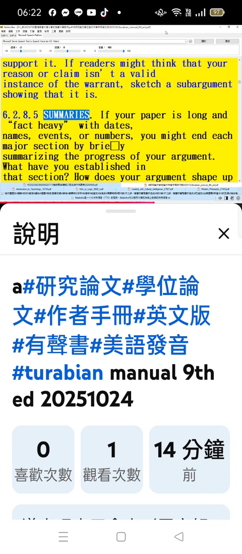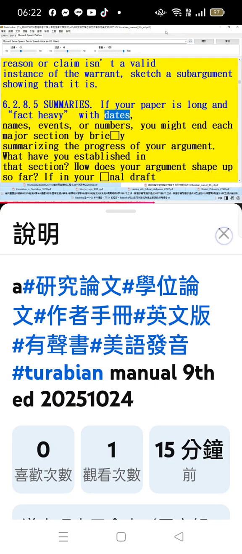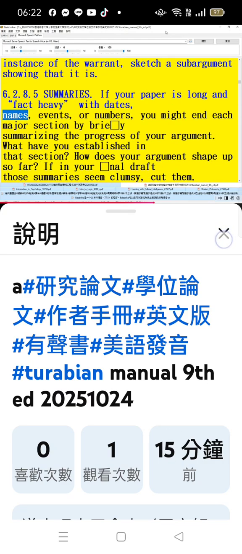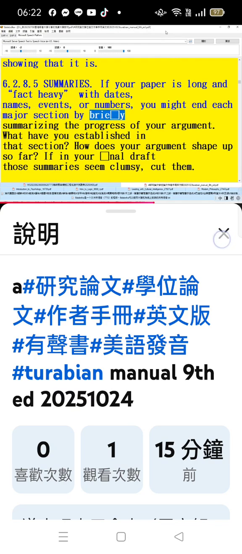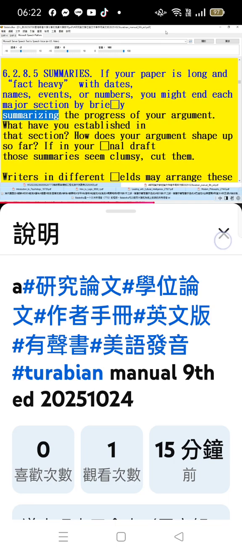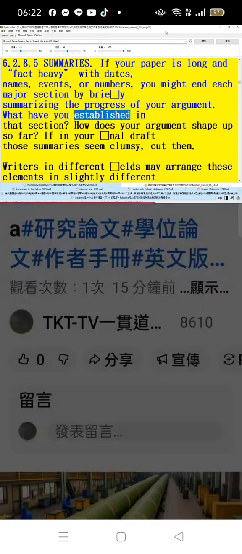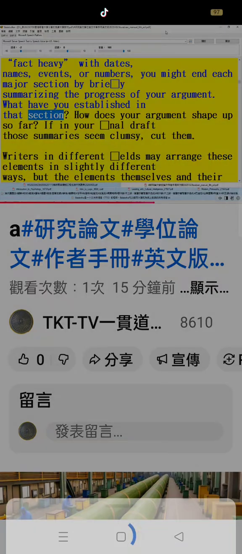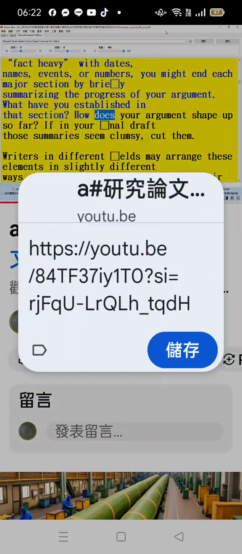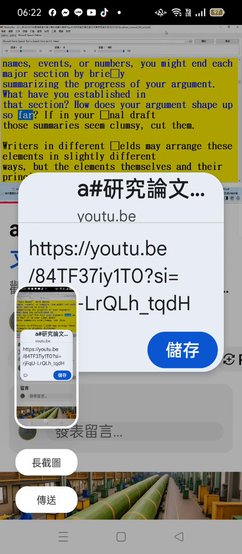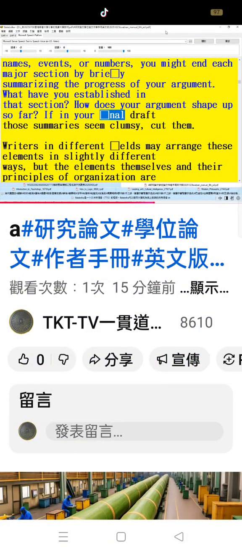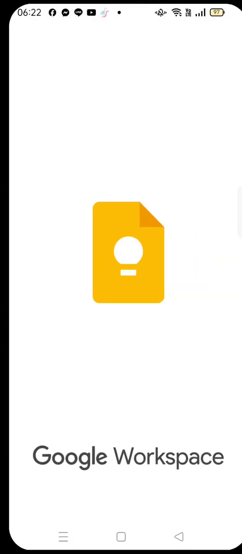6.2.8.5 Summaries. If your paper is long and fact-heavy with dates, names, events, or numbers, you might end each major section by summarizing the progress of your argument. What have you established in that section? How does your argument shape up so far? If in your null draft, those summaries